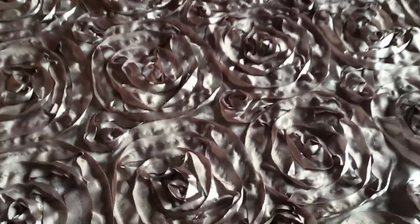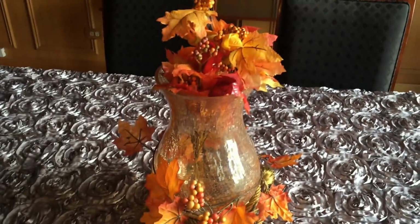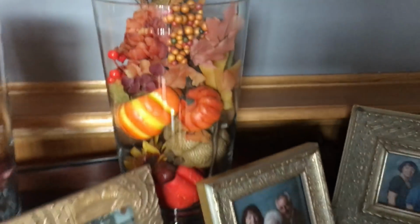This tablecloth is on pretty much all year. It's actually a little like 3-dimensional. I don't know if you can tell. And that's the centerpiece. And the sideboard, buffet, whatever you happen to call it, I fill with, I don't know, whatever you call these things. You fill it with fill. And